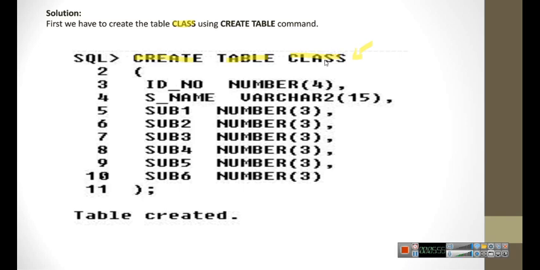The table name is class, which they have given, and I have written. Within the opening and closing braces, you mention the field and data type separated by a comma. And don't worry about these numbers. These numbers are line numbers. So this is how we are going to create a table using the create table command.